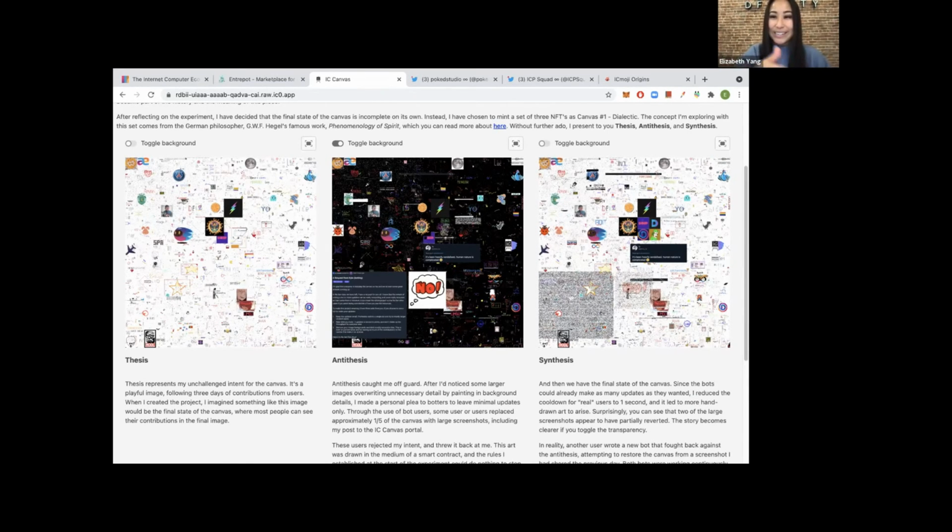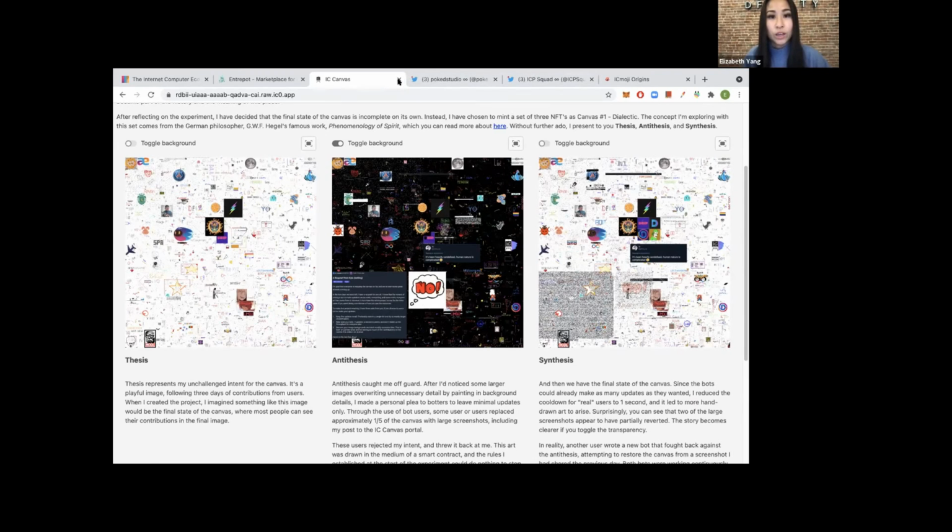Essentially, he created 3 separate NFTs from what the canvas looked like at 3 stages during the course of the week. And also everybody who contributes a pixel also gets an NFT, which they can sell. And then 50% of the proceeds overall will go toward charity. So I think it's a really interesting way to incentivize collaboration on the internet, as well as doing something